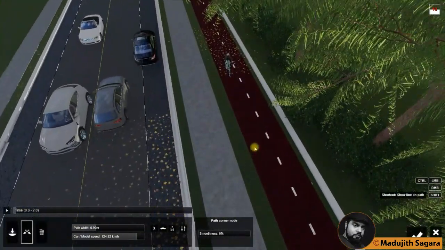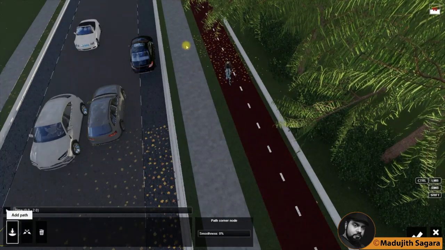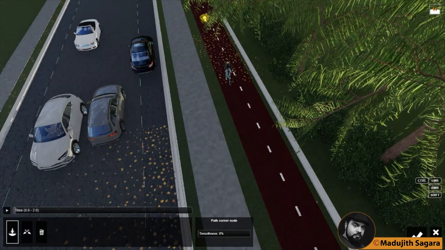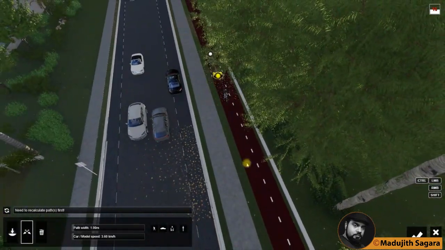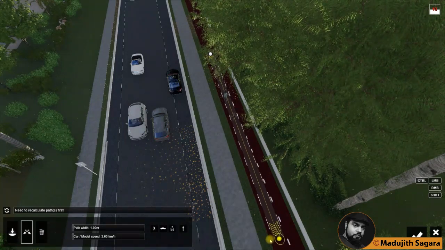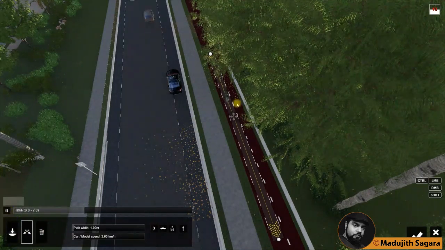Now you can see one person is riding the cycle. Then I will add that path to here also. From here to this place, right? Then I will make him move. You can see the person is moving.